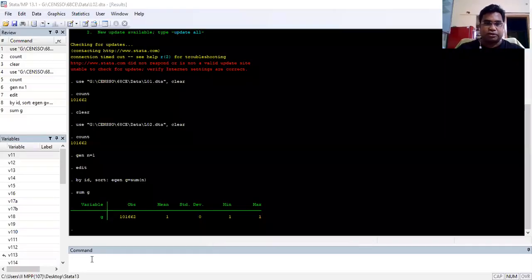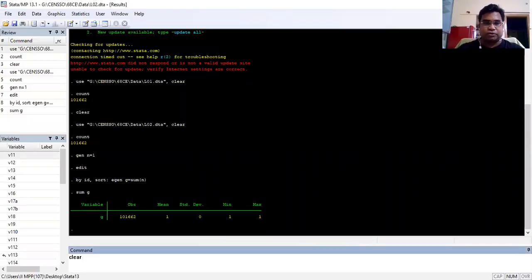So the same household ID should be repeated over there. Now let us have a look at the household level individual level file, which is level 4. So I will share my screen with data and import level 4 information. So we ensured that there are no repetition at the household level.